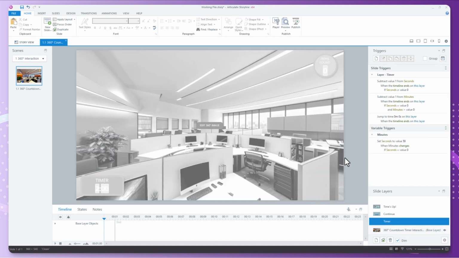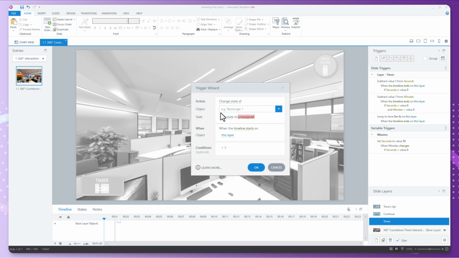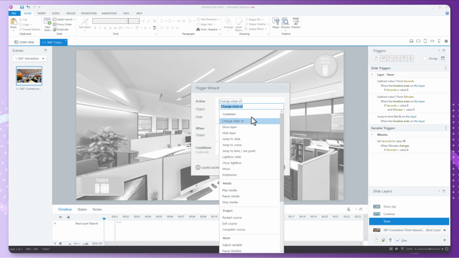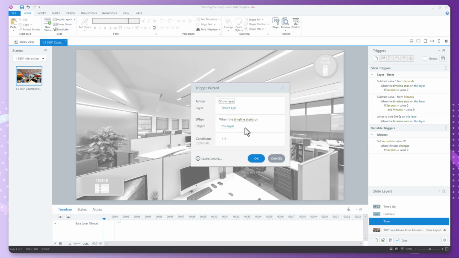So we're going to go back to the timer layer and we are going to add a trigger, change the state. We're going to change this to show layer time is up when